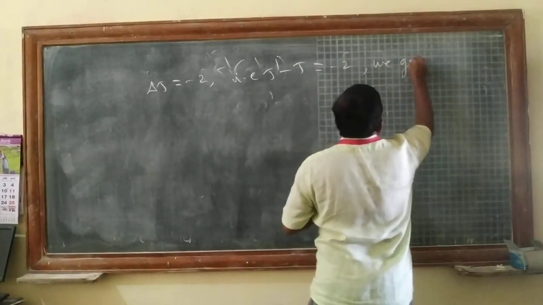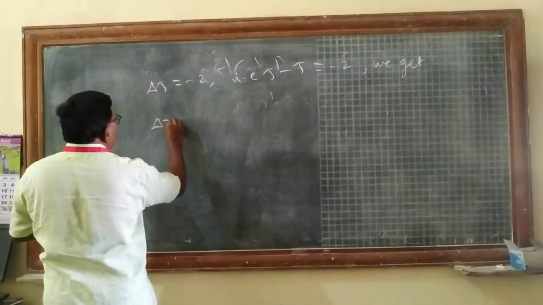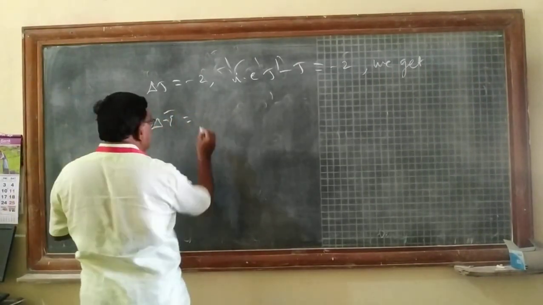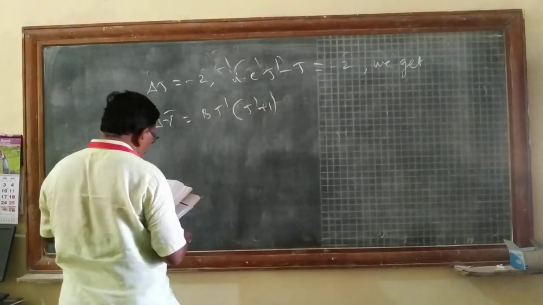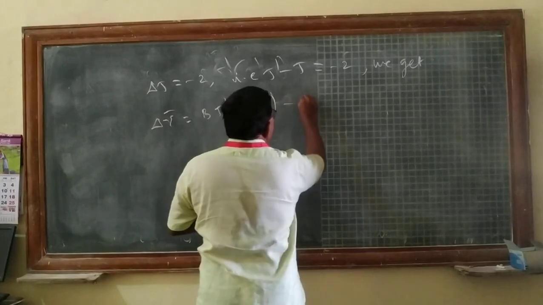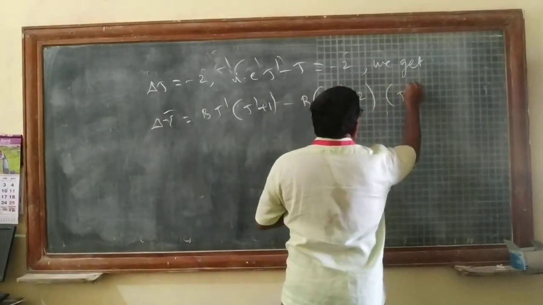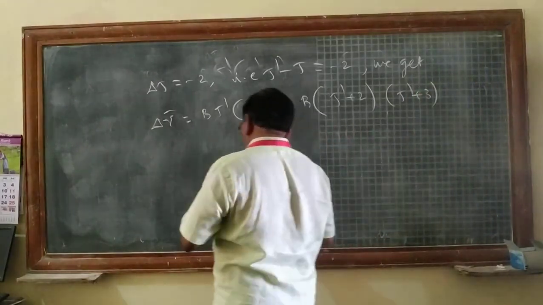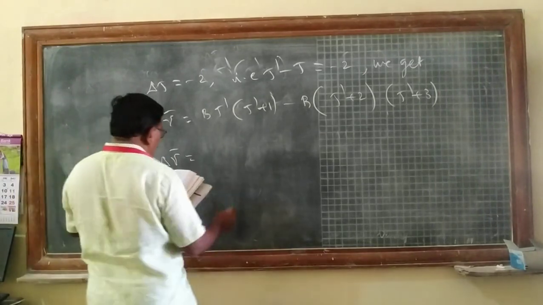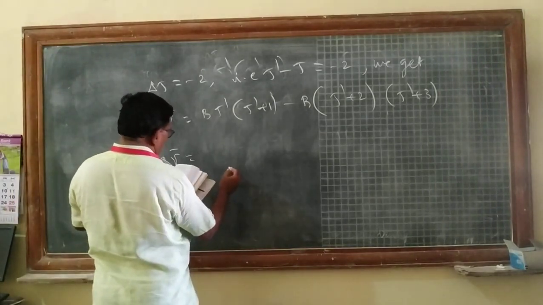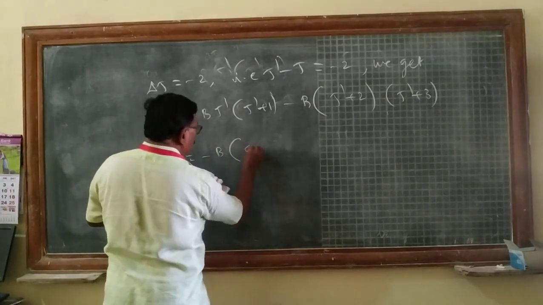We get delta nu bar is equal to B into J dash into J dash plus 1 minus B into J dash plus 2 into J dash plus 3. In the next step, delta nu bar is equal to minus B into 4